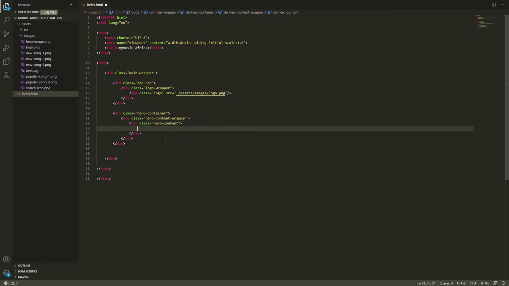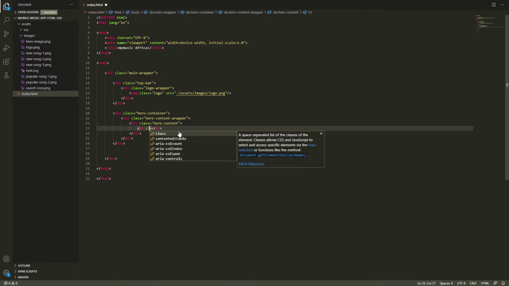Basically, our hero content is gonna include all the text, and then we're gonna add a new div to our image. So inside this hero content, we're gonna add an h1 tag,